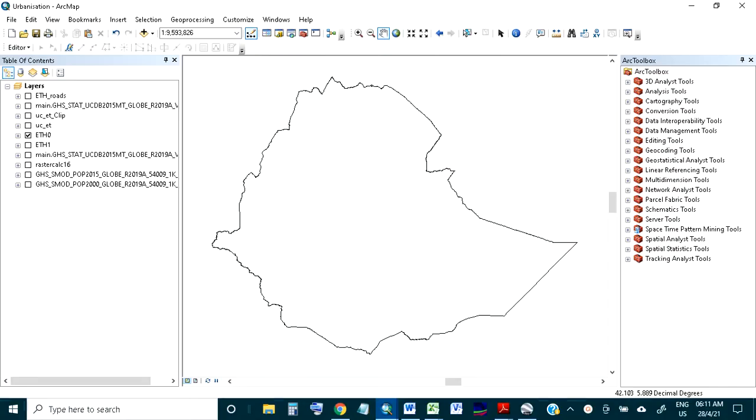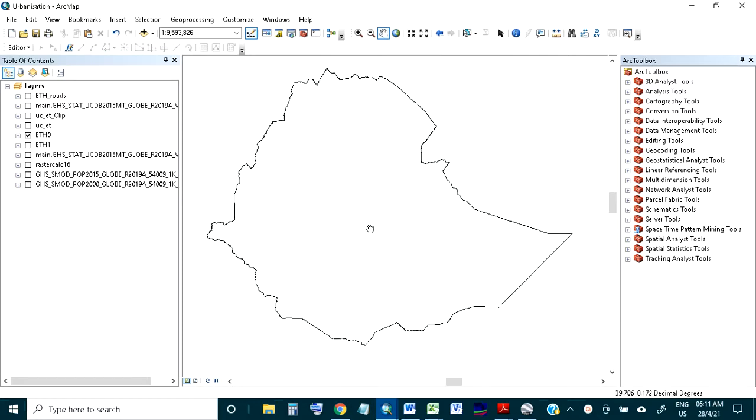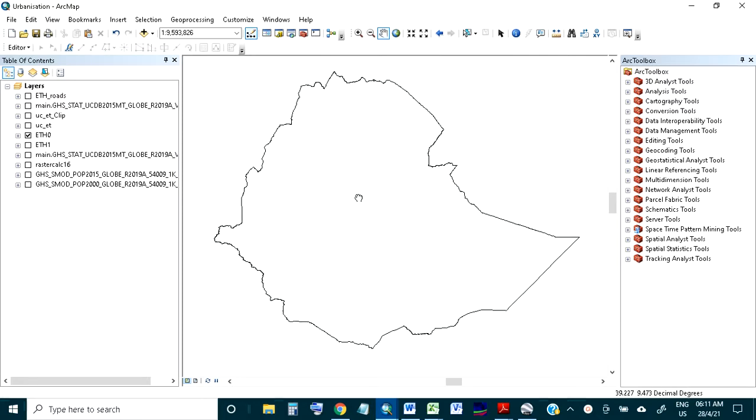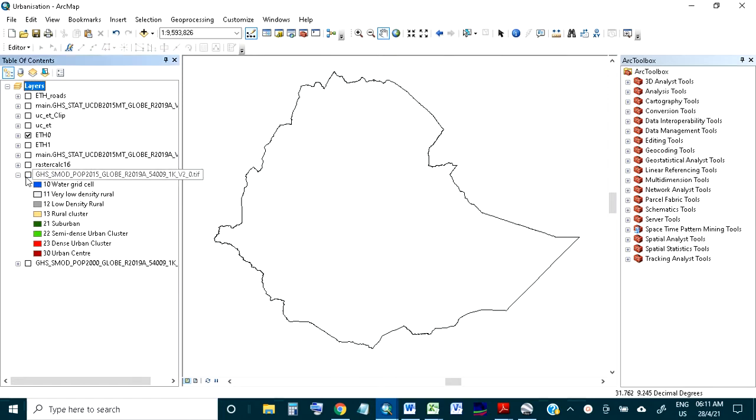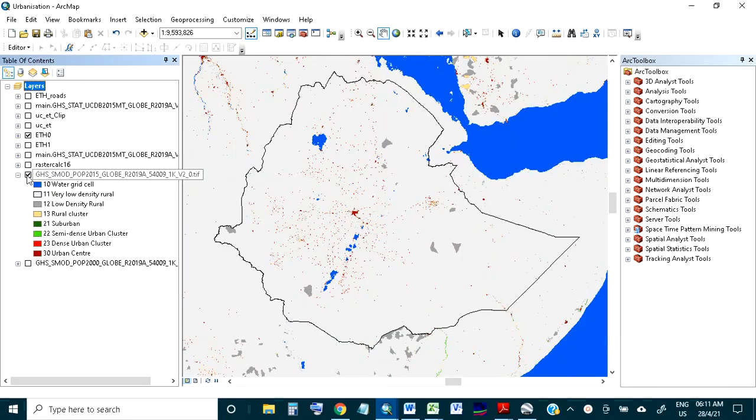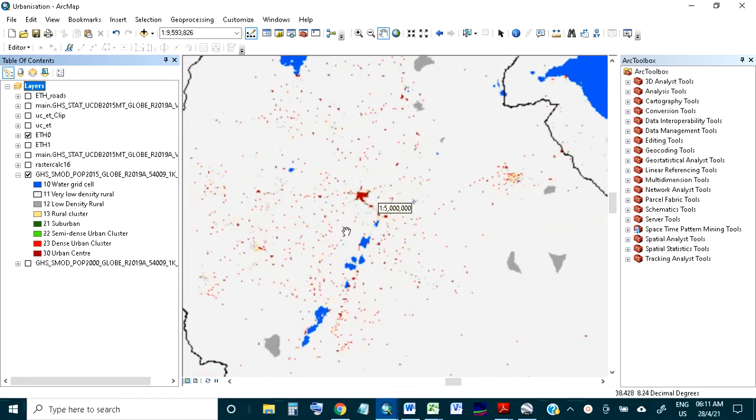I have my software open here. The left-hand side is the table of contents and the right-hand side is the toolbox. The data which I will use belongs to Ethiopia, and let me introduce you to some of the data here. The data I'm using is this, and in this data the information is given for the urban centers, and these